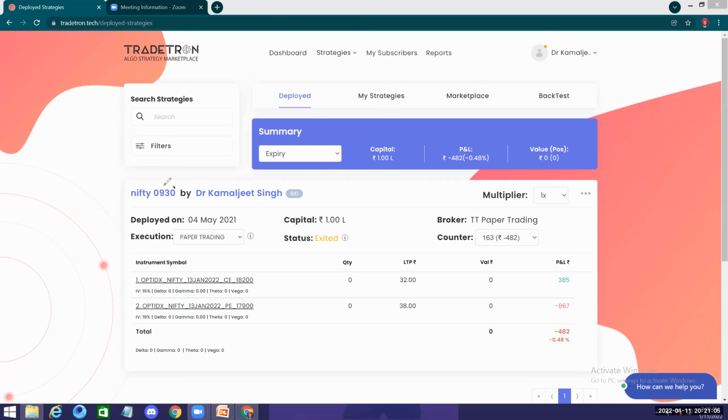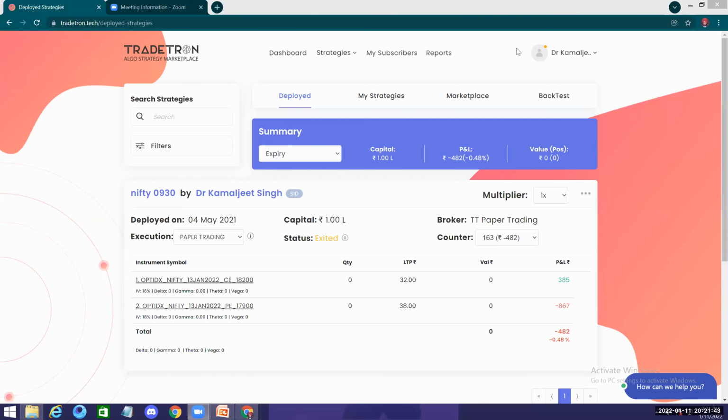At 9:30 a.m., the Tradetron will take a sell and a buy, sell in a call and a put position in Nifty, irrespective of whatever any indicator may say. 30% odd is the stop loss, and this trade is let to run till 3:15, or 3:10. It exits from that place at 3:10. Now let me show you. This is only a single lot which I am taking. Today there was a loss day of minus 482.